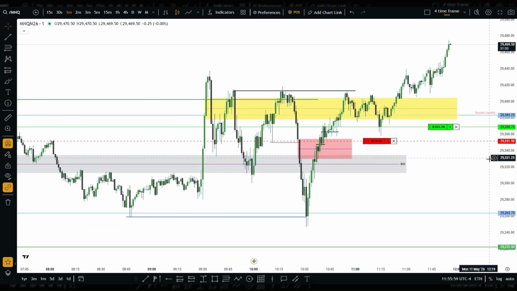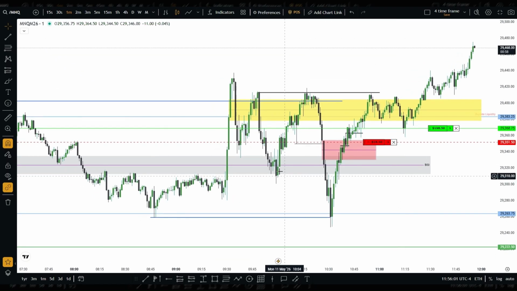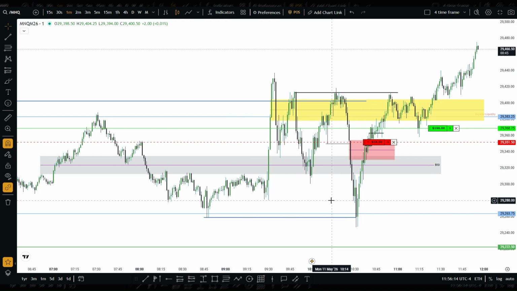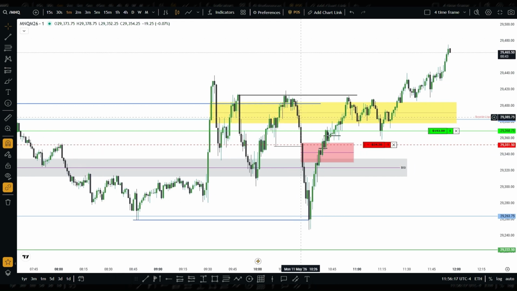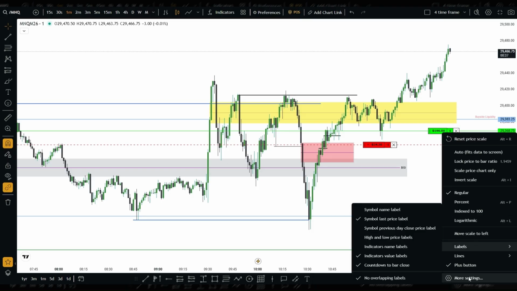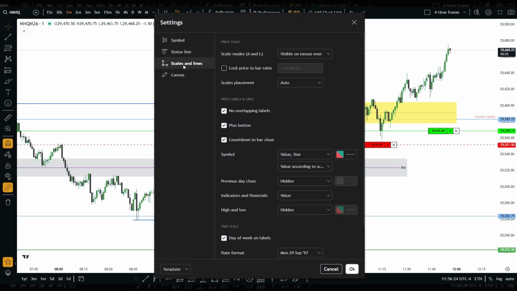Pause the video. So we came back to it now, right? Just as I said, I exited this area because I sensed, based on how structure is, that we were going to come back down into this area to take these liquidity, and I was buying here, right? I don't know if I would be able to put on the execution. Let's see if I could put on the execution so you guys could see that.